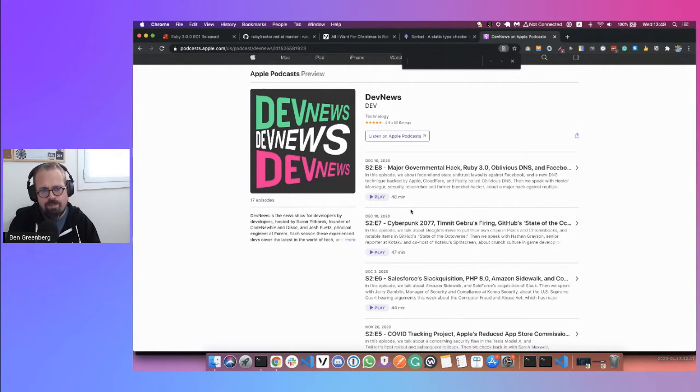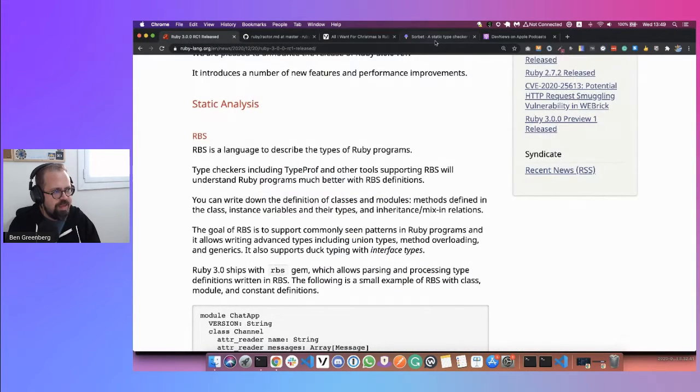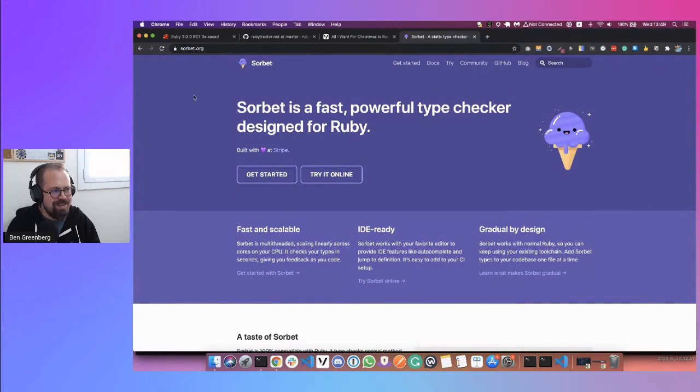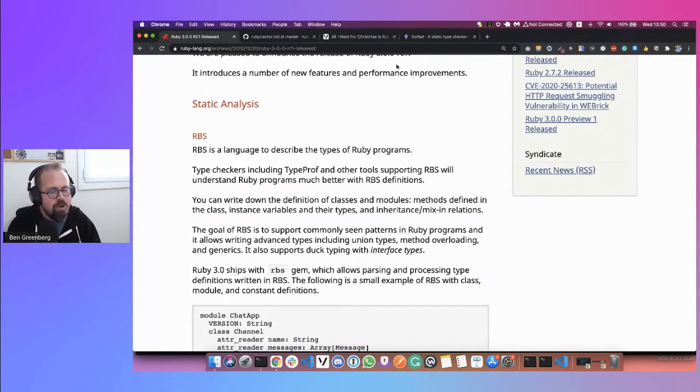They do a fantastic job sort of explicating the differences between RBS and Sorbet. So RBS is a way that's inherent within Ruby, the language itself, to describe the types of your code. What Sorbet does, which RBS does not yet do, is Sorbet is a really fully dynamic, runtime checker of your code, whereas RBS will help you define the types. They both have their own ways to define the types, and this is where it gets a little bit complex.